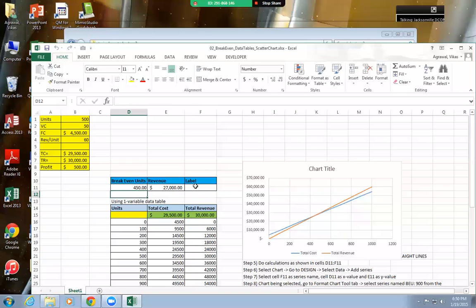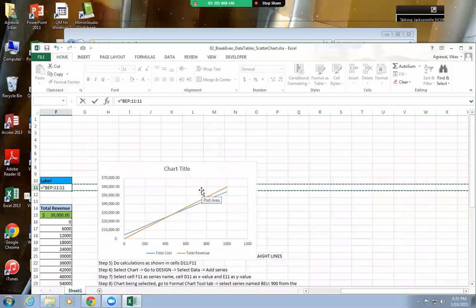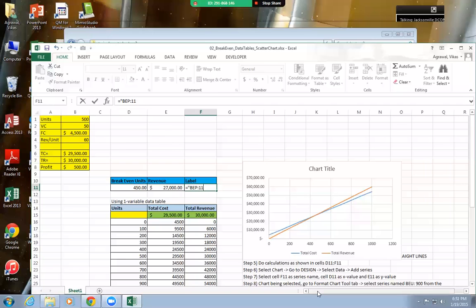And here I'll show you a little trick how to create a dynamic label. For example, here I can say equals, in quotes, break even point colon, and I'm gonna give some space there within double quotes, and ampersand, and I'm gonna append that with this one.